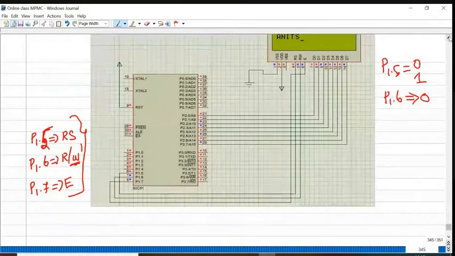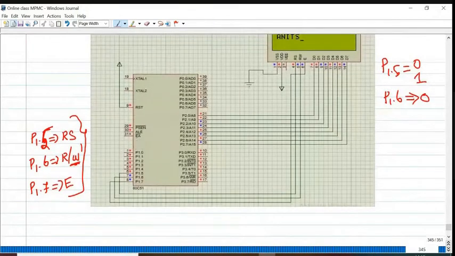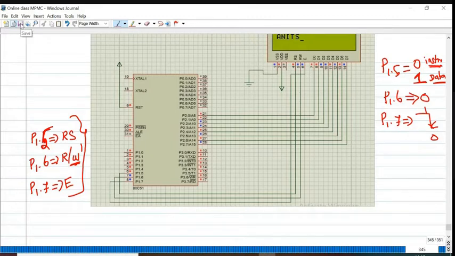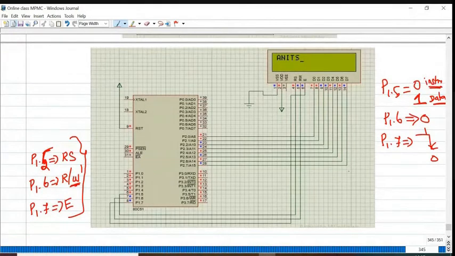Whenever you are giving an instruction, you have to make this 0. Whenever you are transmitting some data, it should be 1. Next, P1.7 is enable. You should use a 1 to 0 transition. These three are the important control signals. Remaining are nothing. So this is the way of interfacing an LCD display with the microcontroller.